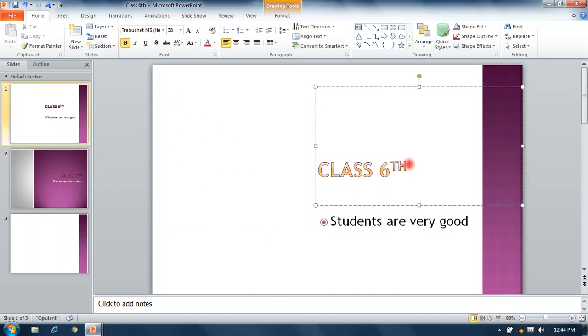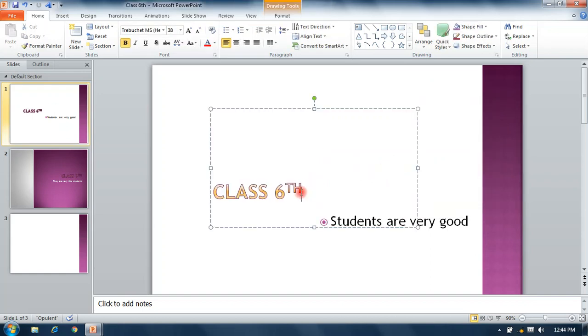Now, as usual, you know that any formatting option applies when we select our object. So first we select our object. This is the Font group.